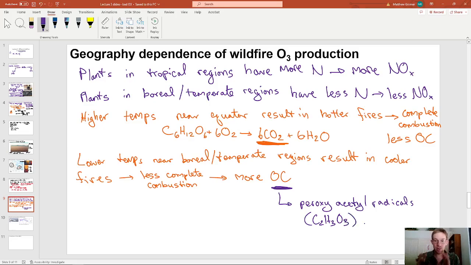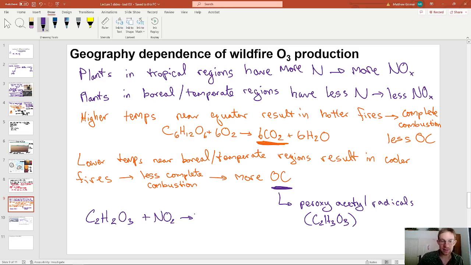So peroxyacetyl radicals have this chemical formula, C2H3O3. Remember, peroxy, extra oxygen, so this thing has a lot of oxygens going on. But anyway, these can react with NOx. I guess technically NO2 specifically, and they can form what is called